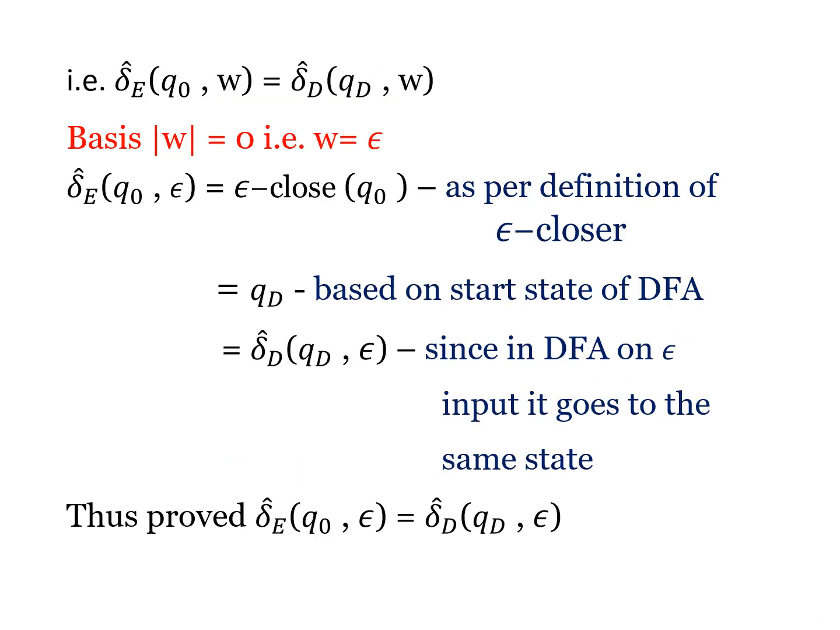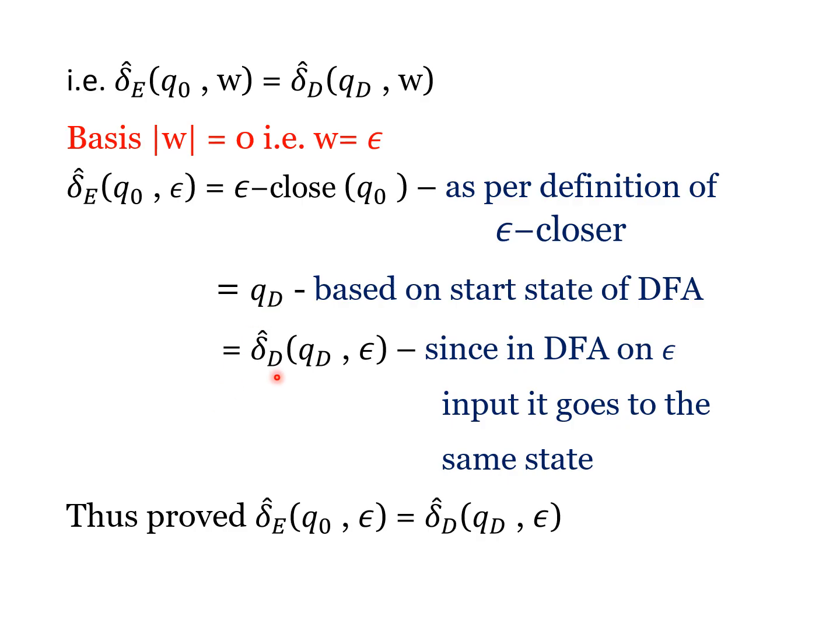And what about the case of the DFA? Since we have taken W as epsilon, we can look at delta hat. So the NFA transitions on epsilon from Q0 give you the epsilon closure of Q0, as per the definition of epsilon closure, which is nothing but the start state QD of the DFA. We obtained the start state of the DFA by taking the epsilon closure of the start state of the epsilon NFA. So it is equal to QD,